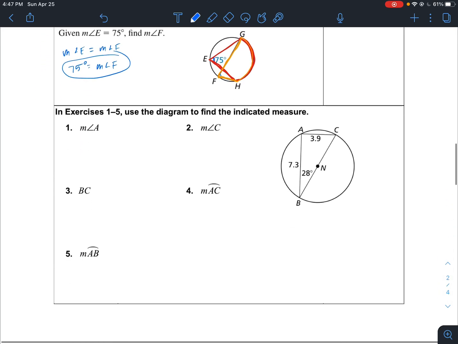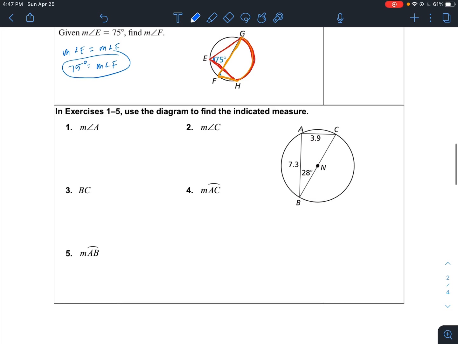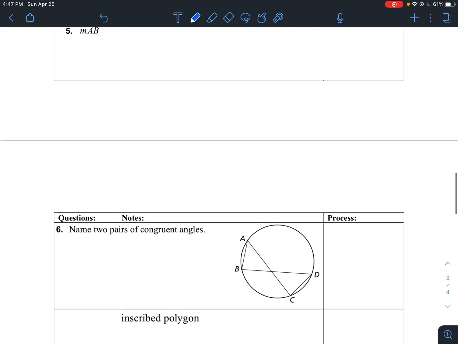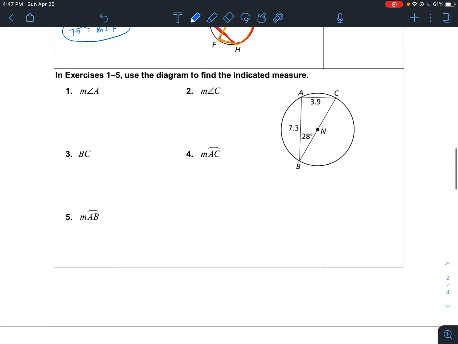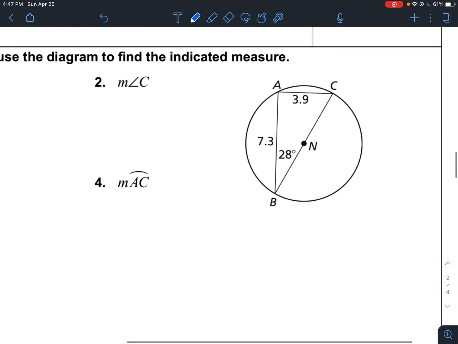Alright, now let's try this example right here. And this one will again lead into the next theorems, or they should anyways. So use the diagram to find the indicated measure. So the measure of angle A. Now angle A, notice that we have ourselves a triangle, triangle ABC. Now we don't know whether or not it's a right triangle at the moment. However, look at the hypotenuse here. So B to C, or the longer side of this triangle, I guess we should say, because we're not sure